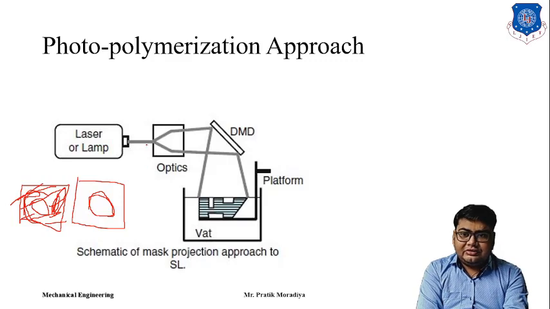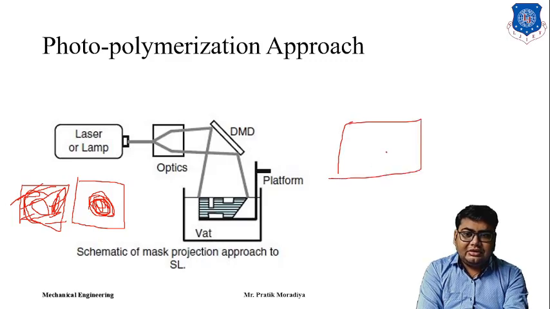So a laser will impart light and here masking will be done. All the areas other than this circle will be darkened, so the light will come in this circular section only, because the other light will be stopped at the darker area of the mask. So here will be the mask and this is where the light comes. So you will have the section you want. Once this is completed, we move on to the next layer.